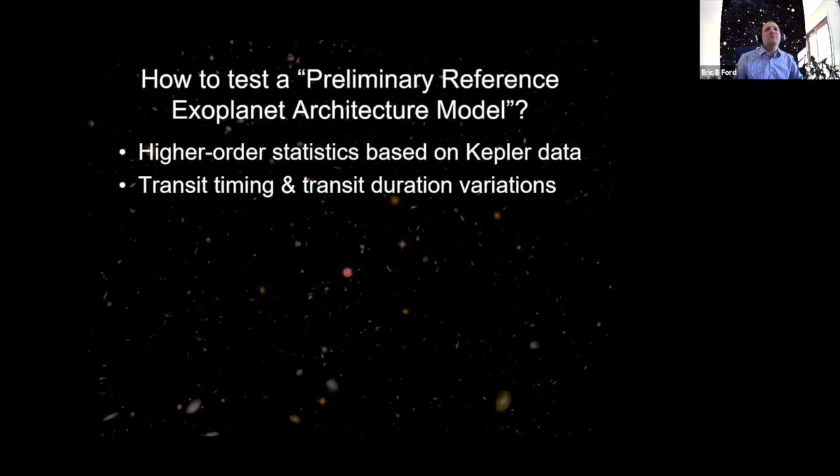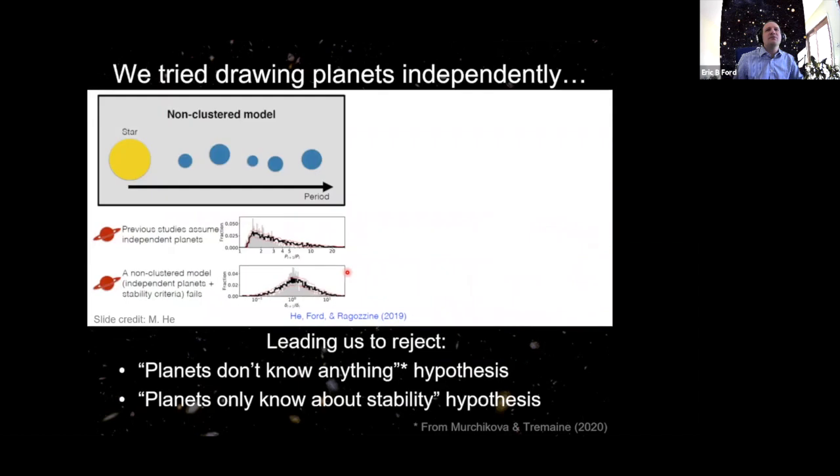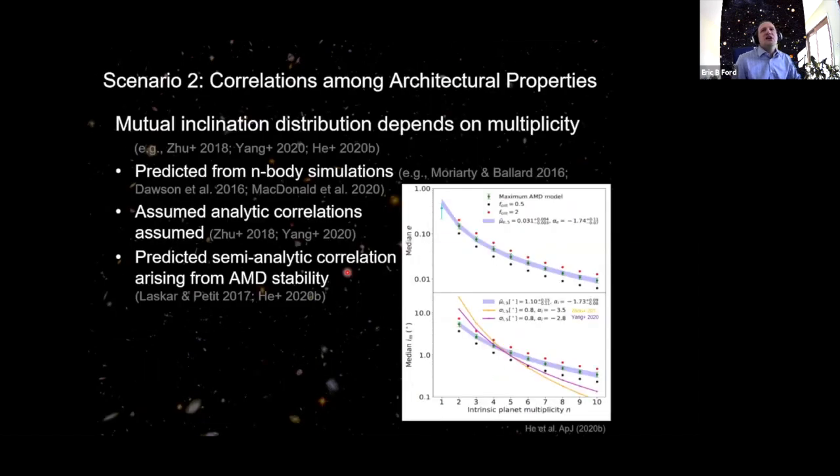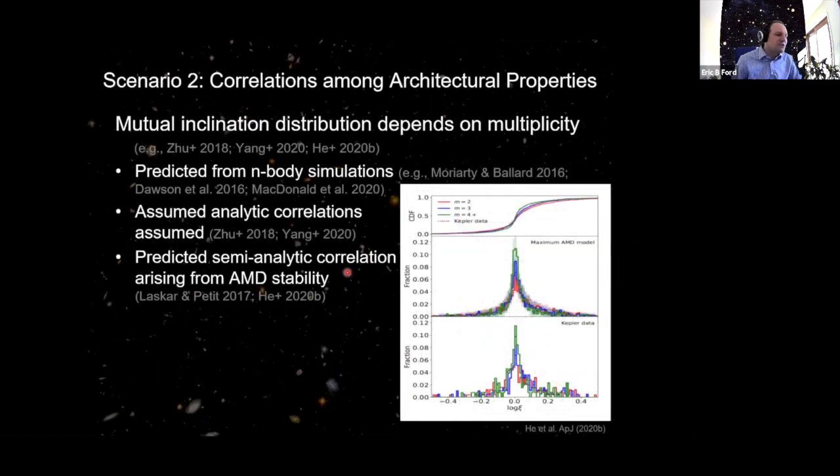So perhaps another point that might be a little bit reassuring about this is, in constructing these models, we looked at a lot of one-point statistics. So we looked at the distribution of orbital periods, transit depths, transit durations. And then we went to the two-point statistics, things like the ratio of orbital periods, the ratio of planet sizes or transit depths, the ratio of transit durations. And so those were the things that went into our initial set of models.